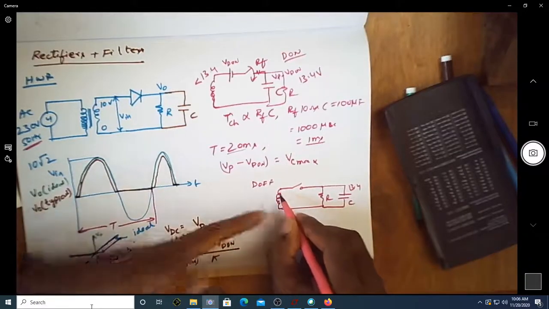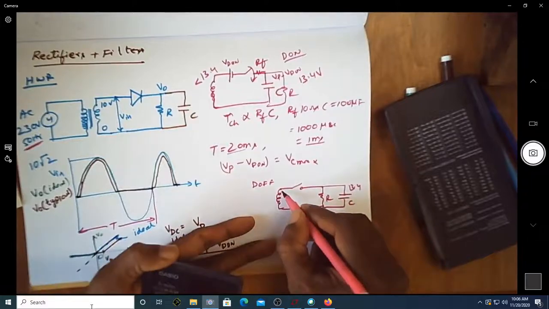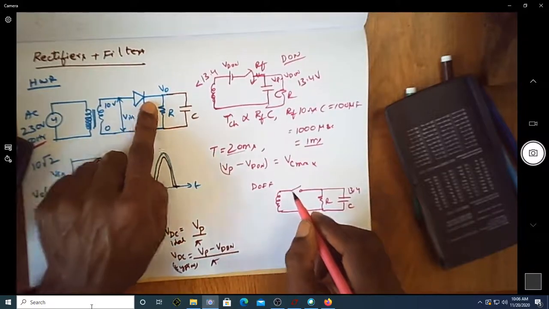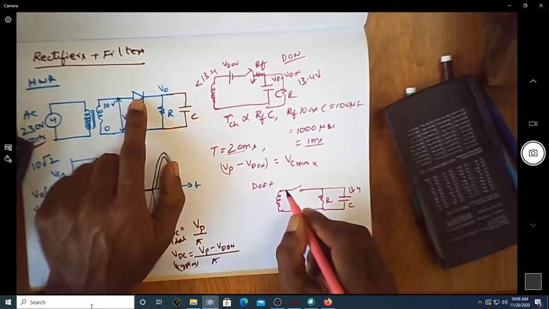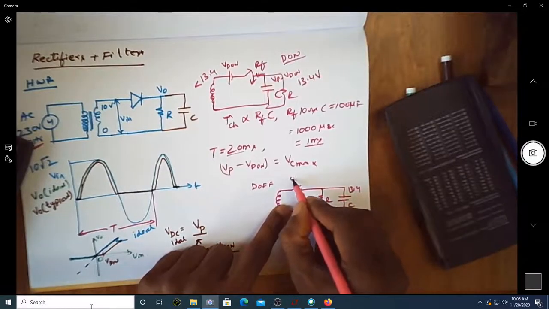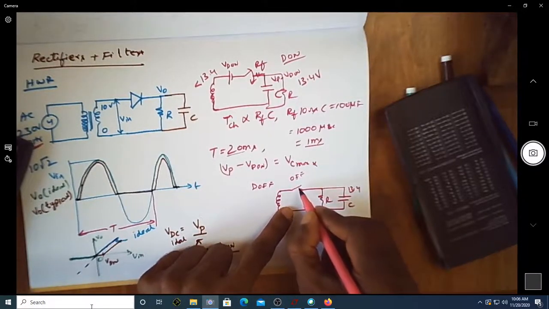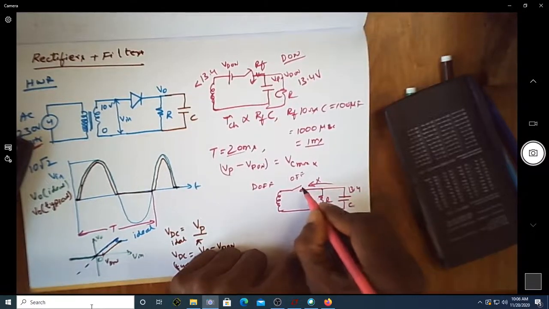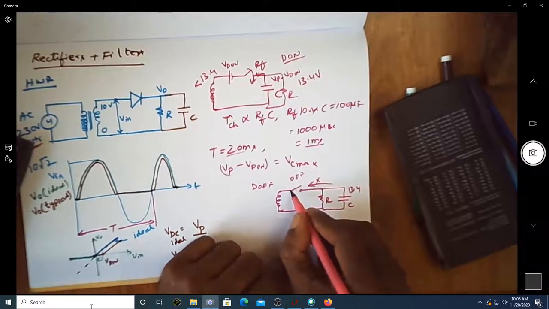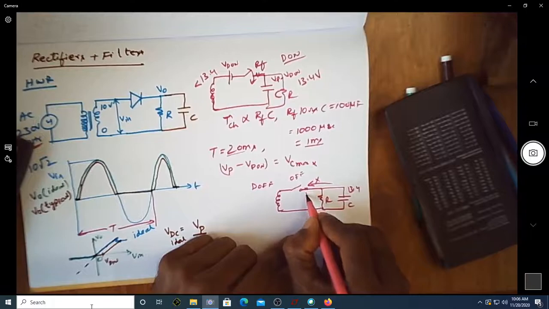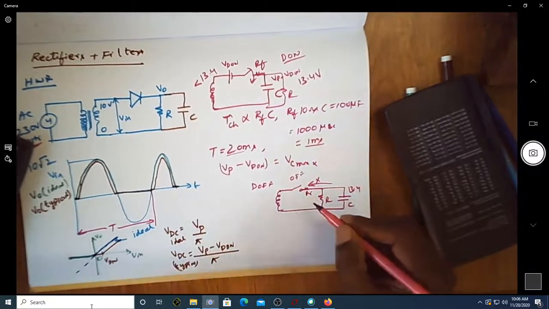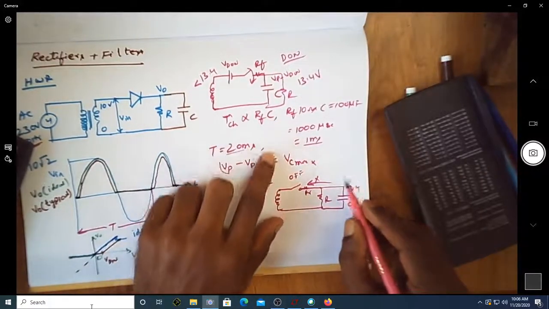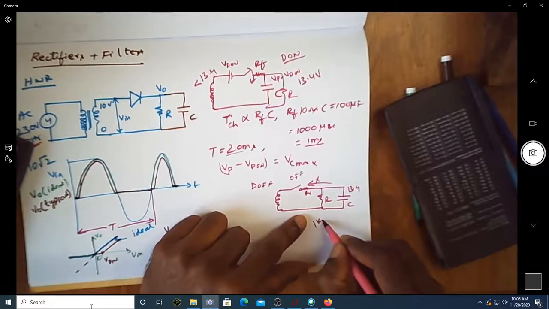This turns off when the voltage here starts reducing, because when the P of the diode goes lesser than the N of the diode, the diode gets reverse biased. Once it gets reverse biased, it is represented by an open switch. Once it is open, the capacitor doesn't have a path through it. Even in a typical case, you're going to have a very high reverse bias resistance RR, in terms of hundreds of kilo ohms. But this R is in terms of 1 or 2 kilo ohms.